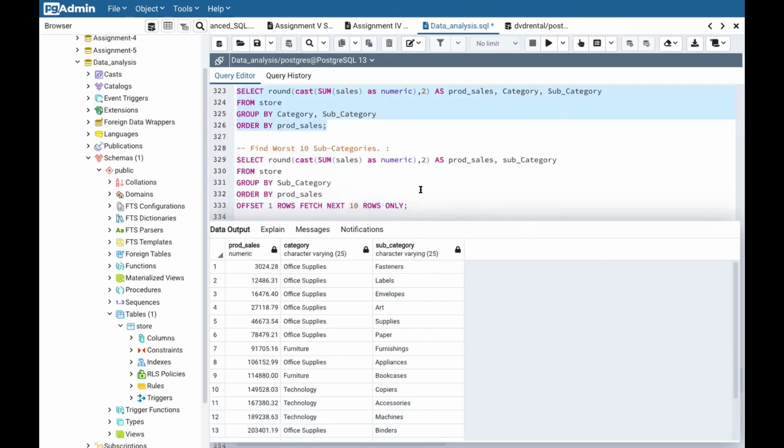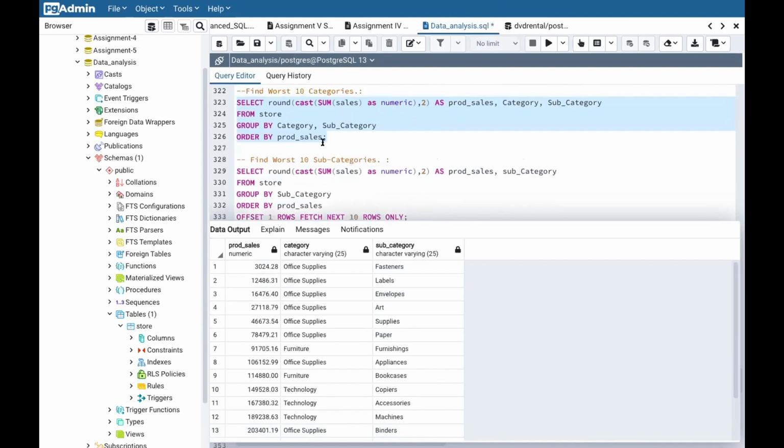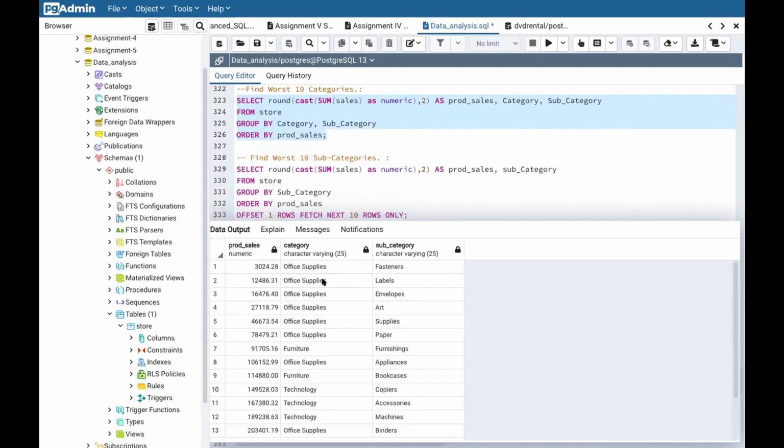The answer will be approximately the same. It's just the difference that we are grouping by the category first and then applying the subcategory. On the basis of category, we are grouping the subcategory. Okay. So since we have only three categories, right? So yeah,